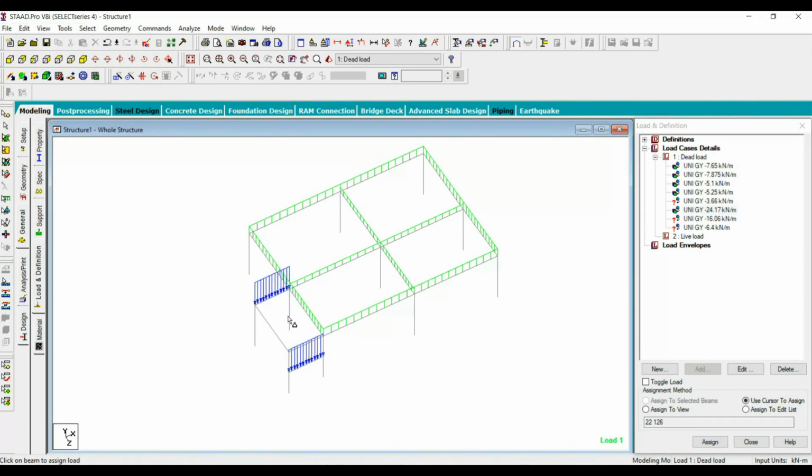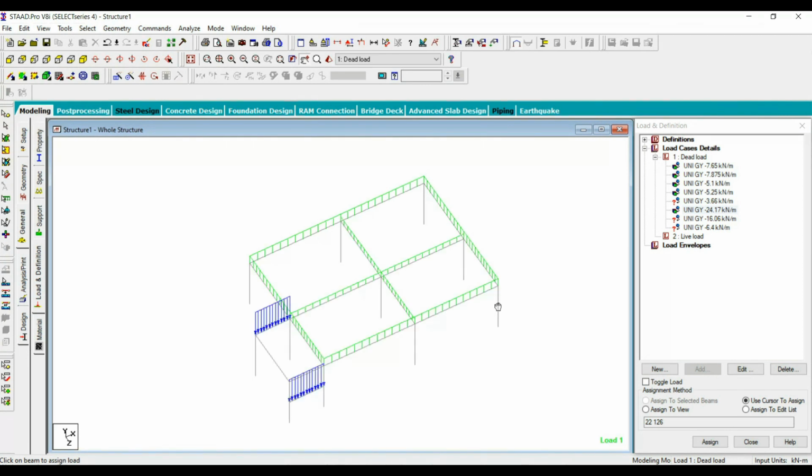You can imagine the flight will start down and the first flight will have the support at mid landing level, and then the next flight will go like this and has the support at roof level. Oh, sorry, I have assigned wrongly. So this one you can take out.